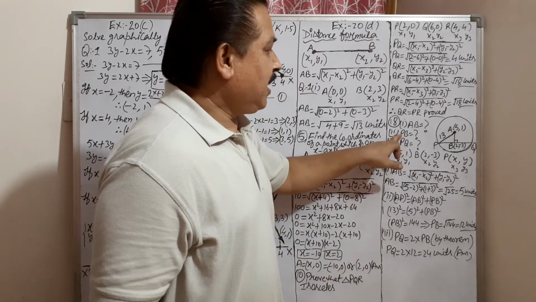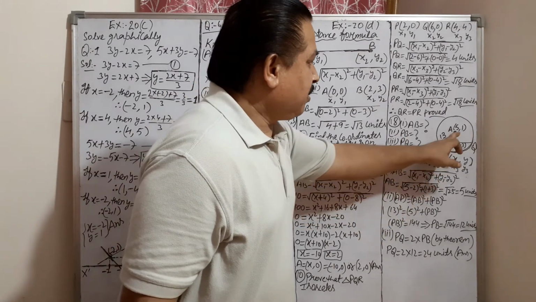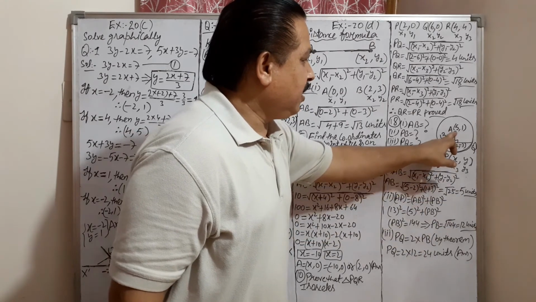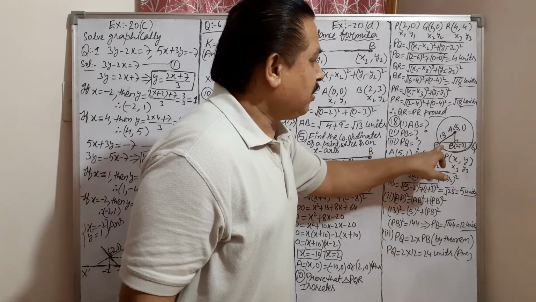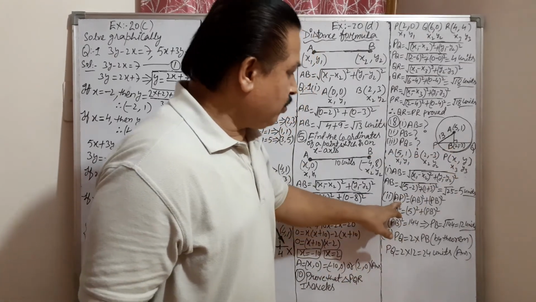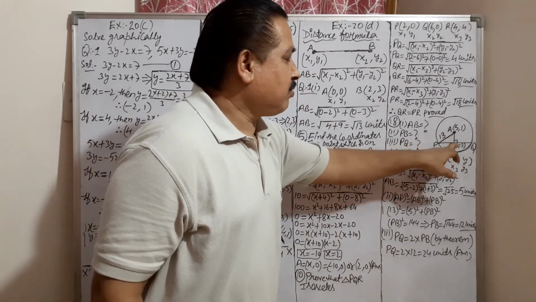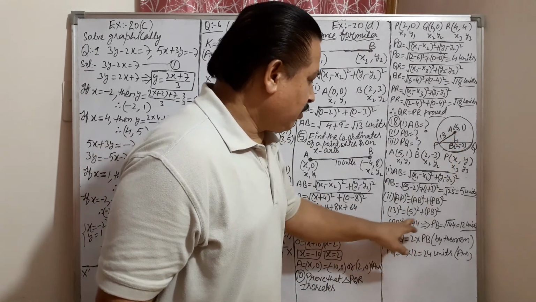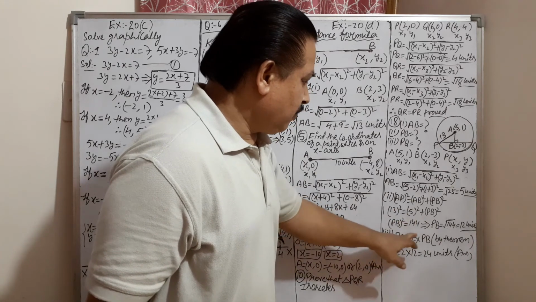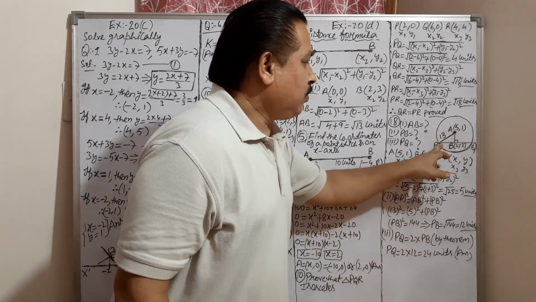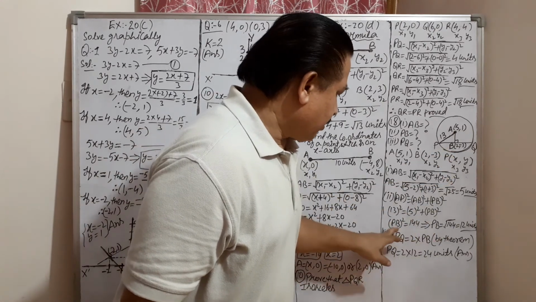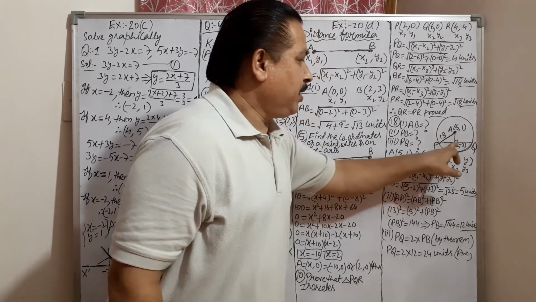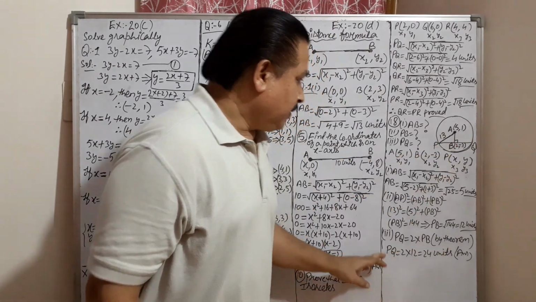Now secondly, get the length of PB. AB is coming 5, we have got that just now, and this radius is given as 13. So use Pythagoras and get the value of PB. Now I am using Pythagoras here. AP square equals PB square plus AB square. Putting in the values, PB is coming as 12. This is 5, this is 13. Use Pythagoras. PB will come out as 12 units.